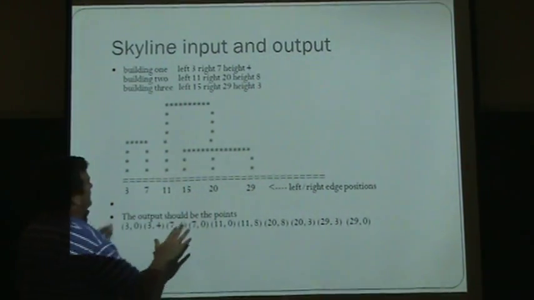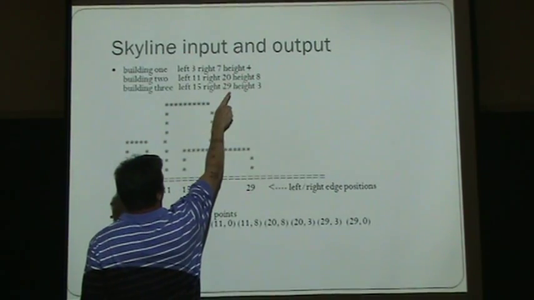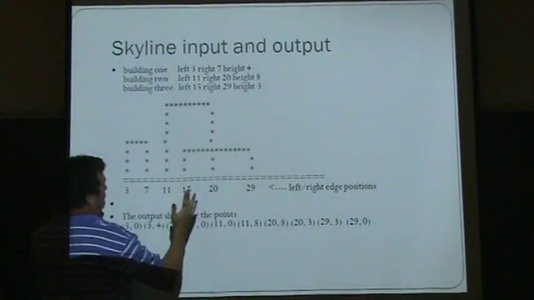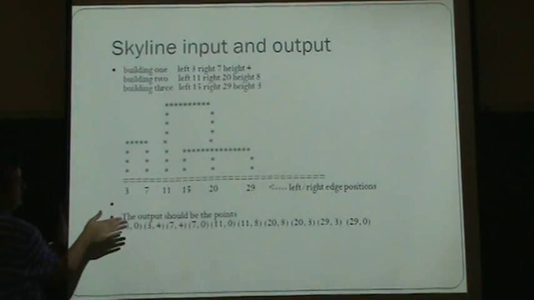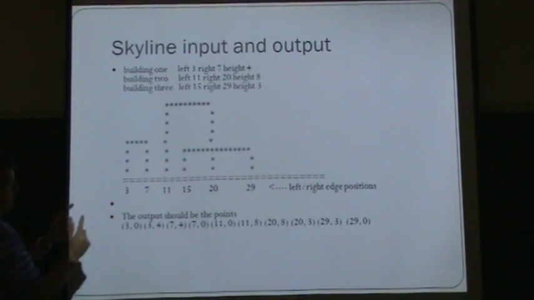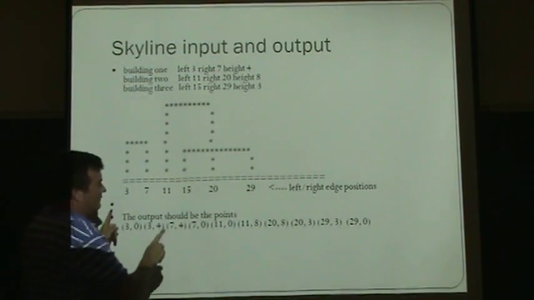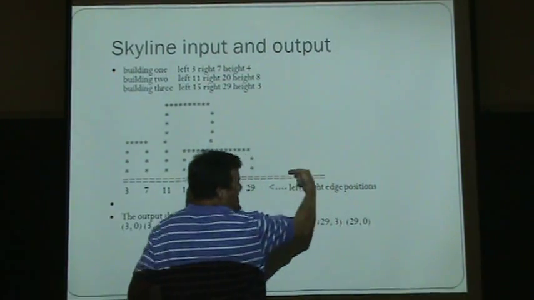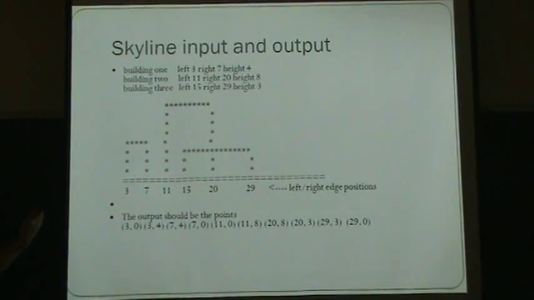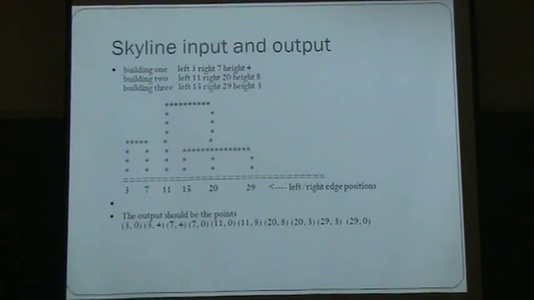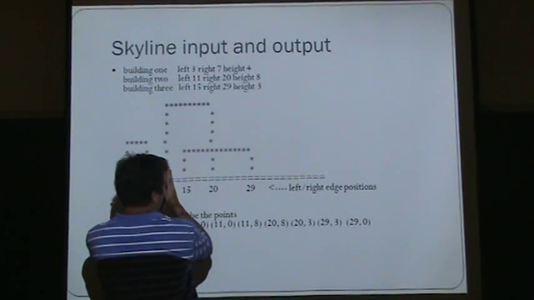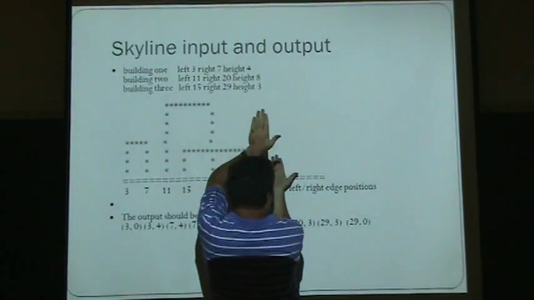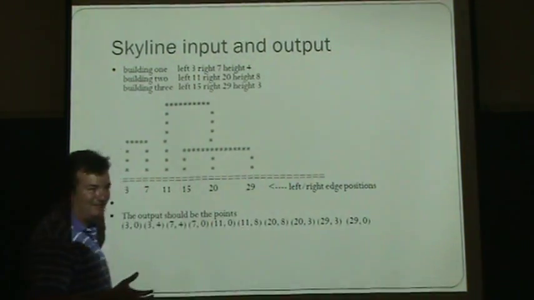Now, suppose hypothetically I gave you the height, and then instead of just the left and the right, I gave you the left, right, and the thickness of the building. So it would be a 3-dimensional building instead of a 2-dimensional building. You could solve the problem from this point of view, right? We're solving it from this point of view, but you have enough data to solve it from a side view. Now a really interesting question is, if we could do it from this point of view and from this point of view, could you do it on an angle?